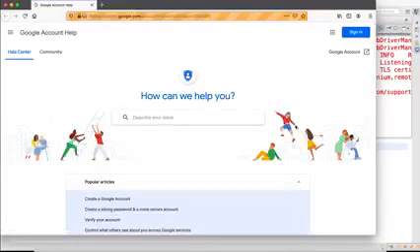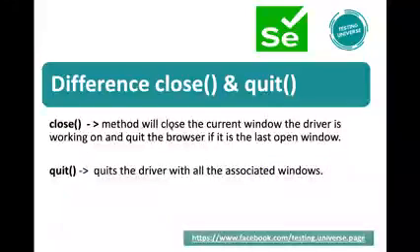Now which window will get closed? As you can see here, gmail.com has been closed, because that is the window the driver was pointing to, since we have not used window handles to switch to the help page. I have just opened the help page. If you don't have clarity on multiple window handling, you can go back to our Selenium series and watch how exactly you will handle multiple windows. So that is the second definition: this method will close the current window the driver is working on or pointing to.